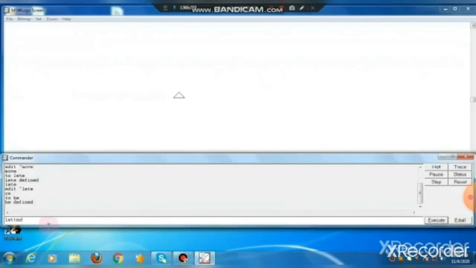Now you can see the 2HE procedure, the procedure name HE is defined here. Now you type HE, the name of the procedure, in the input box and press the enter key. Now you can see in the monitor, in your drawing area, the letters HE are displayed.